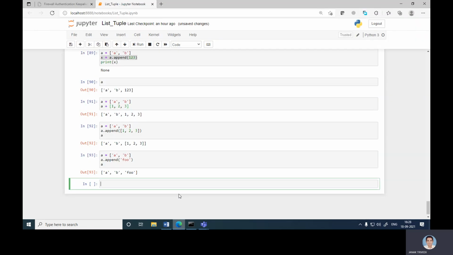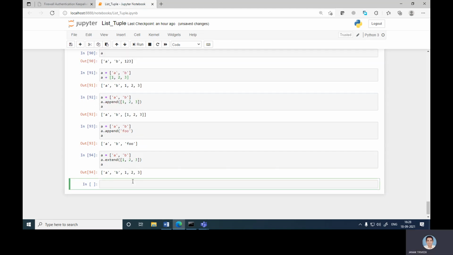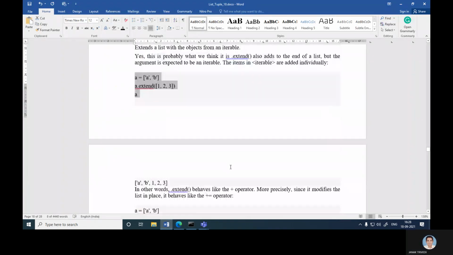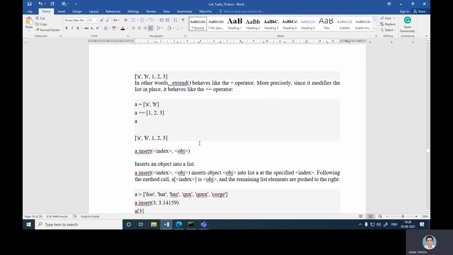So now let's check what happened at the output. In this case, 1, 2, 3 is extended into the given list a. Okay, so it is like the plus operator; more precisely, since it modifies the list in place, it behaves like the plus equal to operator. So plus equal to seems to work as an extend.